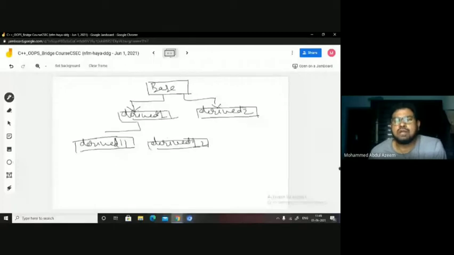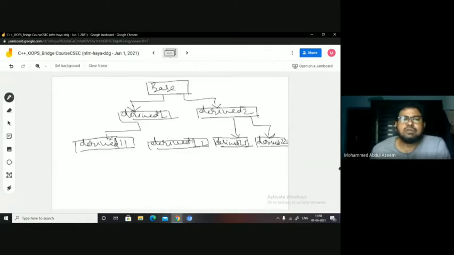Similarly, this derived 2 class has been inherited, let us say, at derived 2,1 and derived 2,2, okay? Got it?